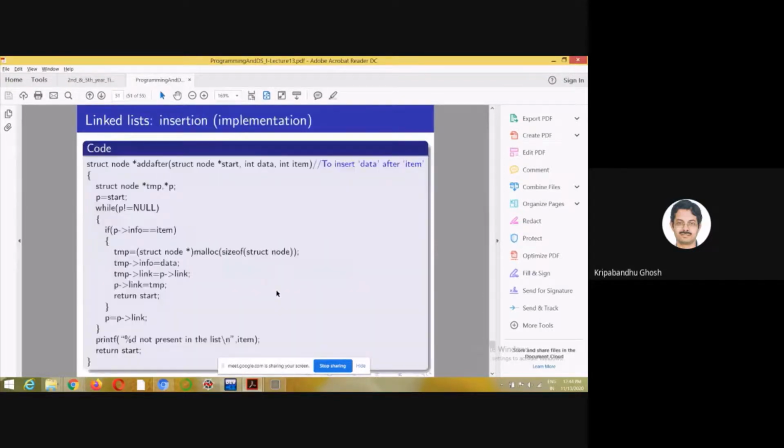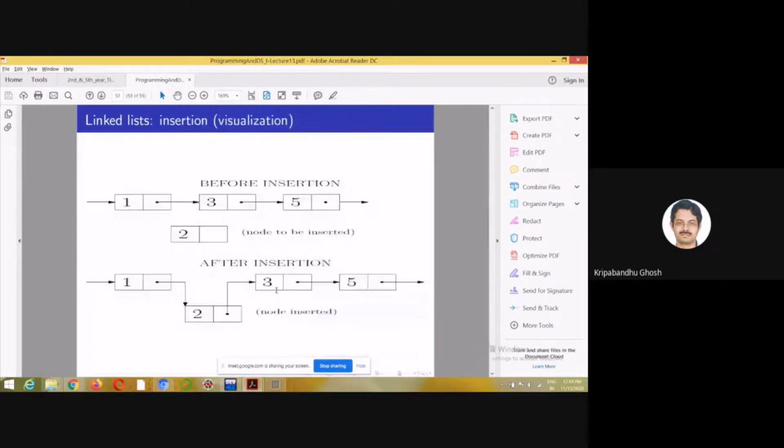So without looking at the details of what goes on, suppose this is a linked list and you want to insert 2 here. What will you do? In an array, how can you do that? It is position 0, 1, 2, right? If you want to insert something at position 1, and suppose you have enough spaces on the right, you have to shift 3 to this position, 5 to this position, right?